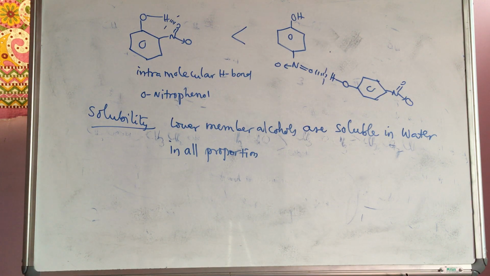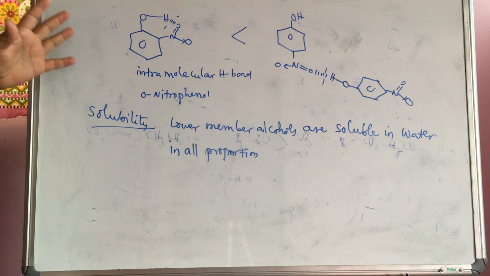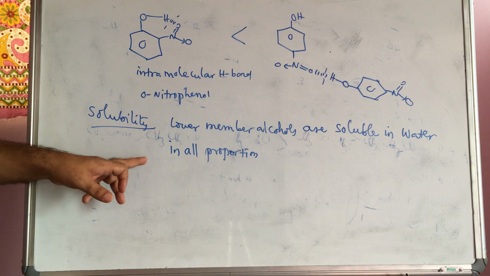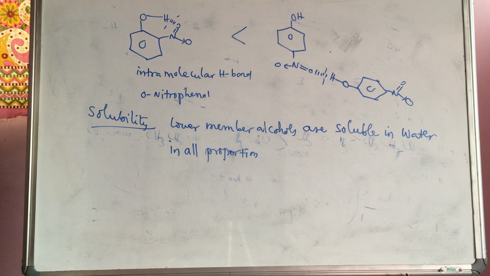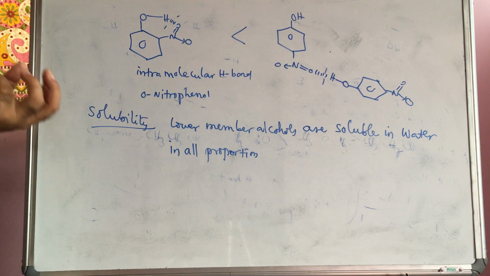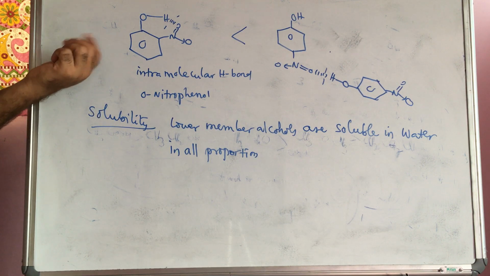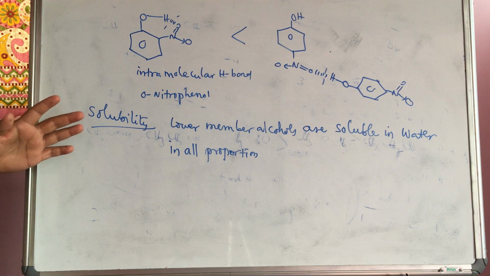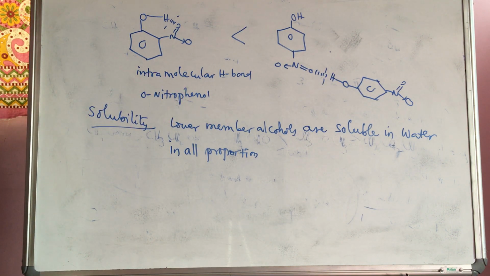I hope boiling point and solubility are very important in physical properties. So the physical property part is also mostly completed. Keep in mind boiling points and solubility, because solubility is also not related to only one chapter; they may combine it with other chapters. Which of the following is more soluble based on hydrogen bonding and polar nature? Boiling point also sometimes depends upon polar nature. Everything is considered in a group of molecules to decide which is more soluble and which is less soluble.